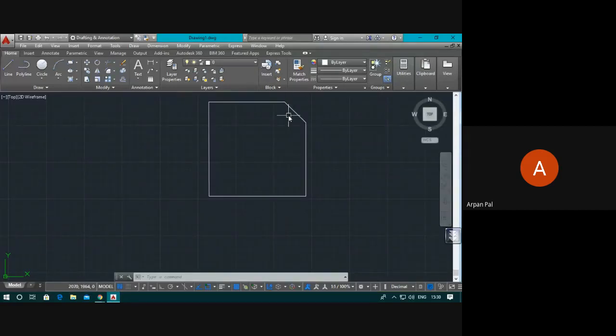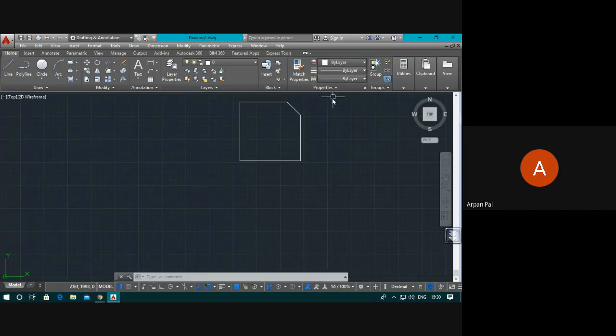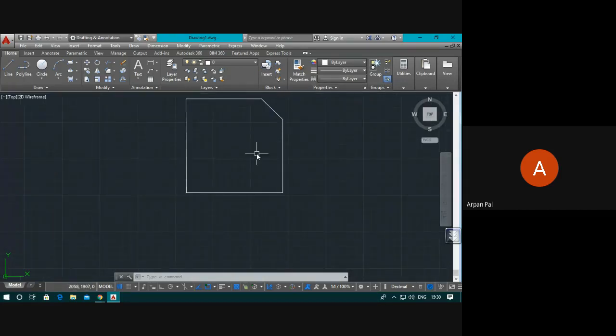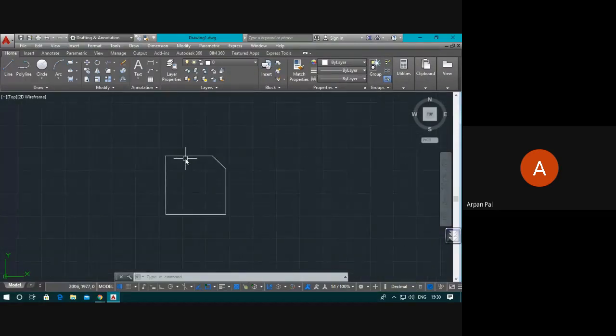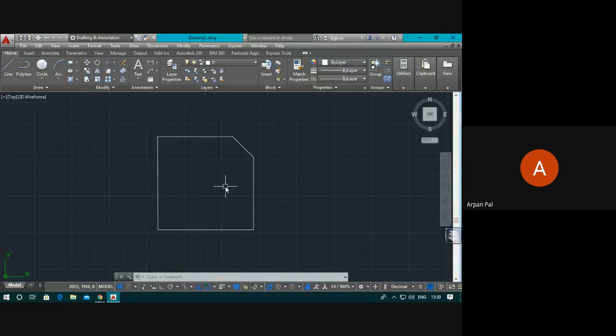Whoever is using AutoCAD professionally, or even if you are learning, you will use it in your lab or during the time of exam. The fastest method of drawing includes the use of this tool.